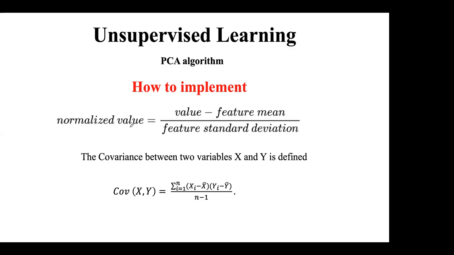So normalization means that the value of every single data point needs to be subtracted from the mean value, then divided by the standard deviation. And about the covariance matrix,